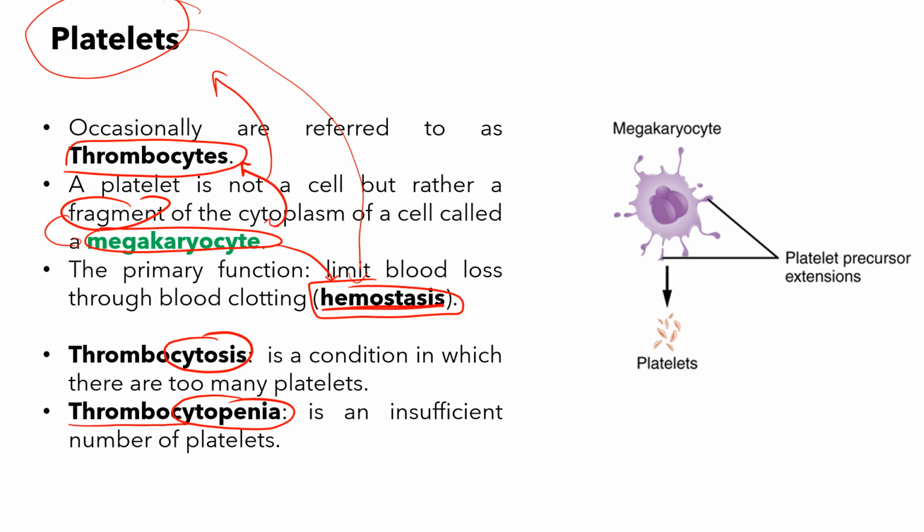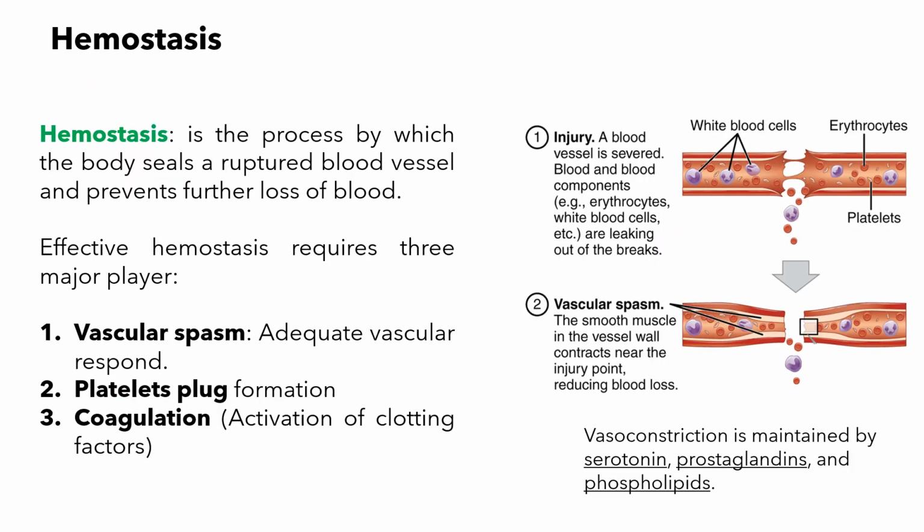Without platelets, you will not bleed. So if you have a severe thrombocytopenia, that might lead you to have bleeding problems. The process of hemostasis: when you have a wound or a blood vessel that is injured, the very first reaction, the very first step that your body will do to control the hemorrhage